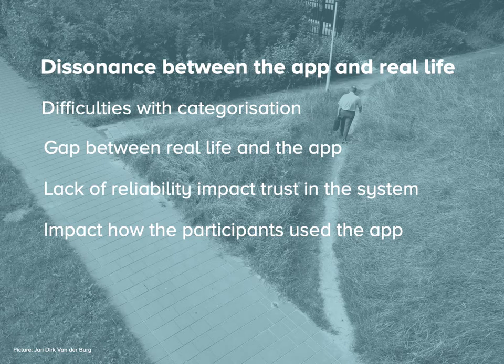Another issue is that Svalna is not capable of capturing a complete picture of a person's life and actions, and this creates a gap between what the app shows and what goes on in everyday life. So maybe you bought pizza for all your friends, and that total cost is still counted on you in the app, with no possibility to share or split up the transaction. And the same goes if you live in a shared household, for instance. And these issues led several participants to mistrust the results and impacted their use of the app. 2 participants explicitly stated that they did not use other features because of these issues and wanted to first understand and have control over their own footprint before comparing themselves to others.